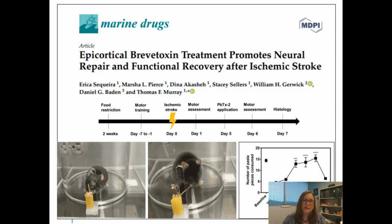Now, from these initial cell studies, we can then go ahead and take it into a mouse model. And so in this study here, we've used the epicortical brevetoxin, and we applied it in a post-stroke model because right now there are no therapeutics for post-stroke recovery beyond the initial tPA and other things. It's all physical therapy. Now, in that penumbra region, about 5 days post-stroke, you're going to have some cells that are amenable to that neurite outgrowth and connectivity, but they have a tonic GABAergic inhibition that's kind of blocking that